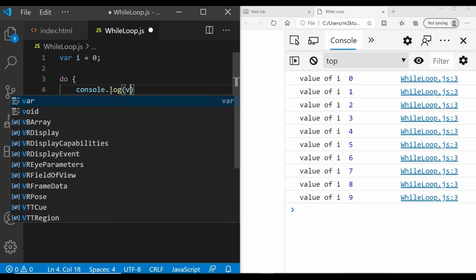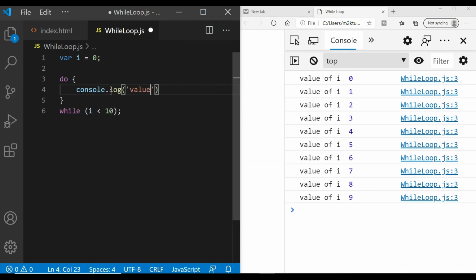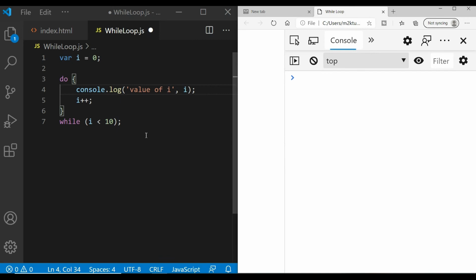So if I write like this, let's say value of i, and I print this value of i, this code block will be executed every time. For the first time it will be executed, and only then the condition which you have written inside the while will be checked, and if it passes, then again the do block will run, otherwise the do block will not run.